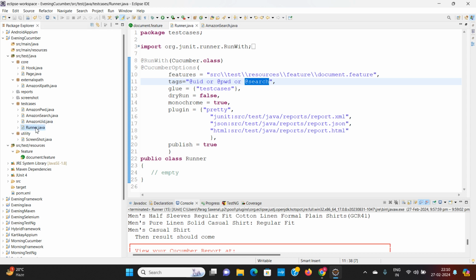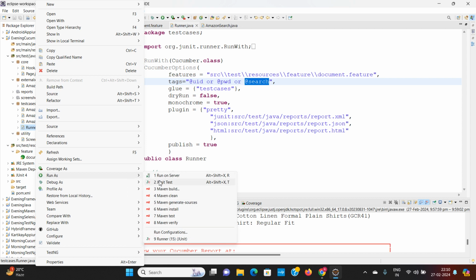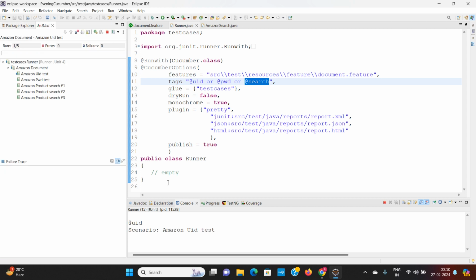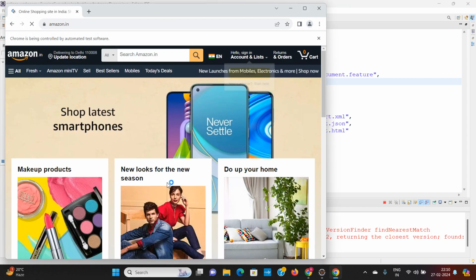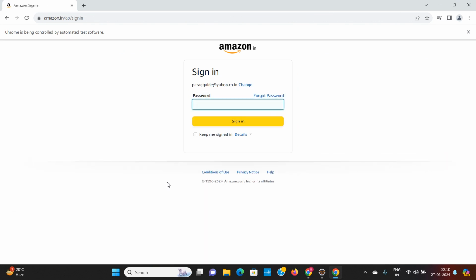Let's run it again and see. Runner class, right click, run as JUnit test. So first test is executed. That is, it is entering the user ID, then entering the password. Second test and logging in.